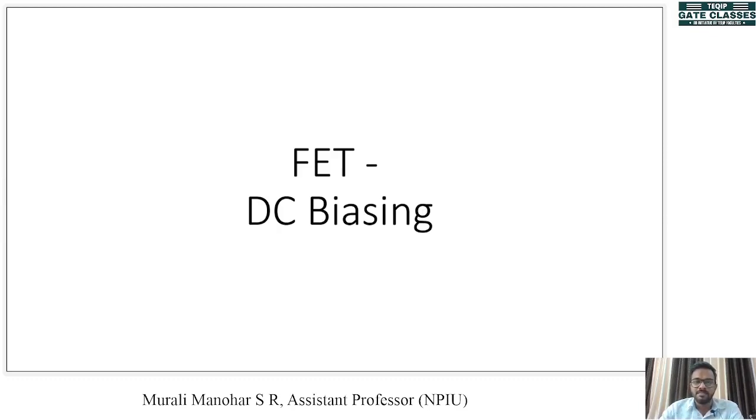So, we know our input and output are in a linear relationship, right? But in case of FET, this relationship is not linear. What is the input quantity here? It is VGS. The relation between VGS and the output quantity, which is a current, is a non-linear relationship. We have seen the equation ID equal to IDSS into 1 minus VGS by VP, whole square. So, this is the relation between input and output. When we do the DC analysis of FET circuits, the process of solving these problems becomes slightly more complicated than BJTs.